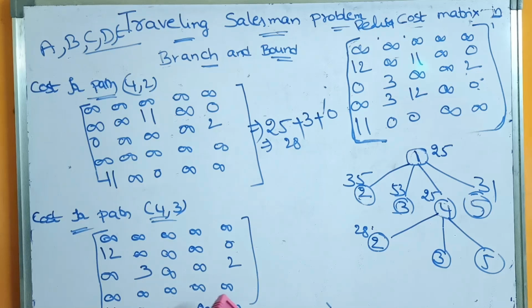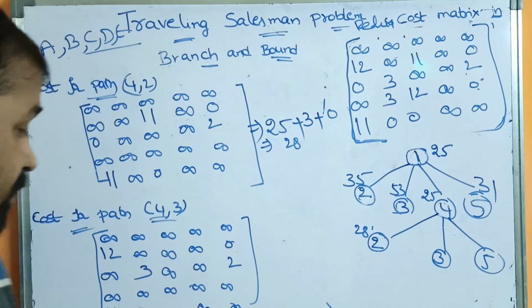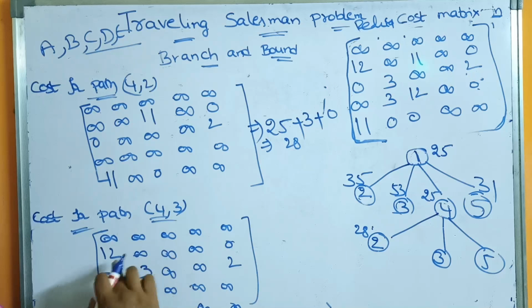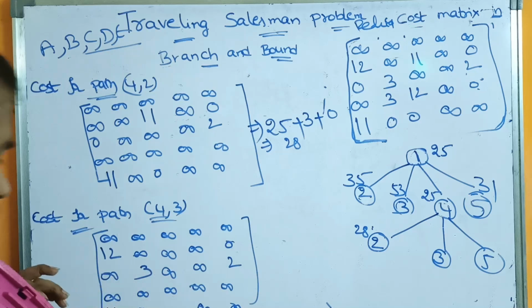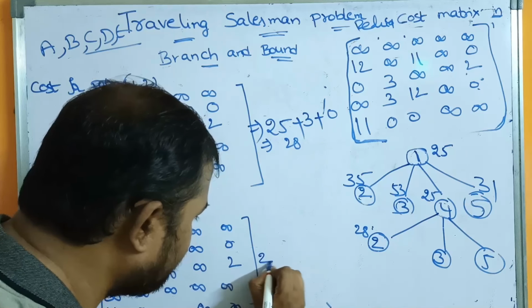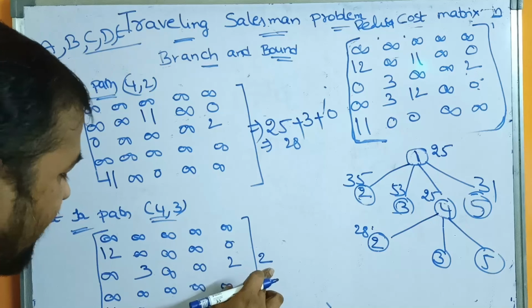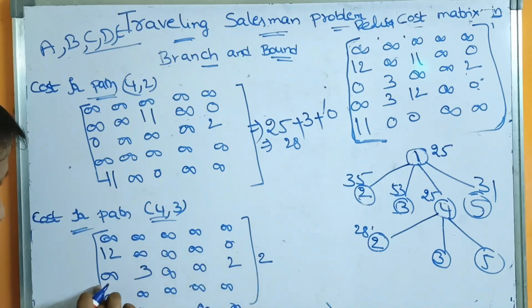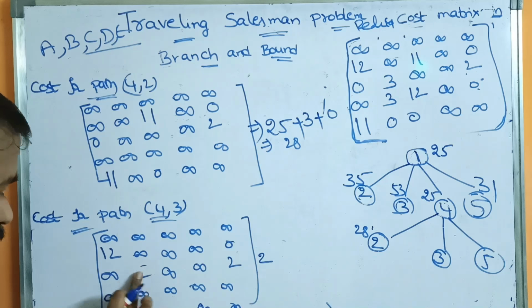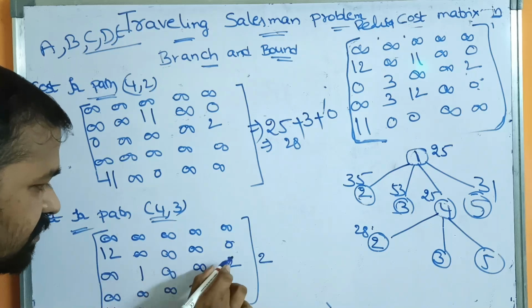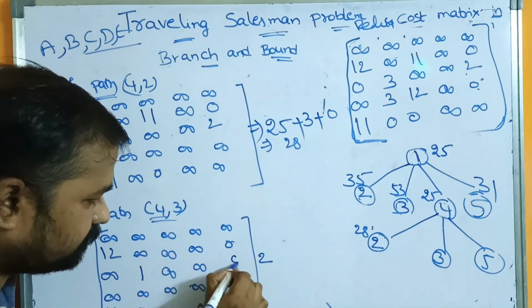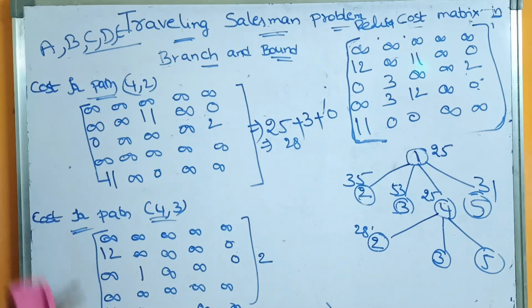Now let us check whether the matrix is a reduced cost matrix or not. Here in the first row all are infinity, in the second row one entry is 0, in the third row all are non-zeros. So we have to take the minimum value. The minimum value is 2. Next, in the fourth row all are infinities, in the fifth row one entry is 0. So now what we have to do? We have to subtract this 2 from all the entries of the third row. So 3 minus 2 means 1. Next 2 minus 2 means 0. Next, if you observe the columns, here all entries are non-zeros only.